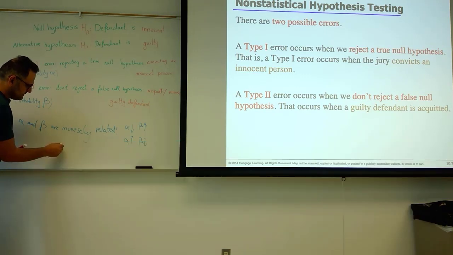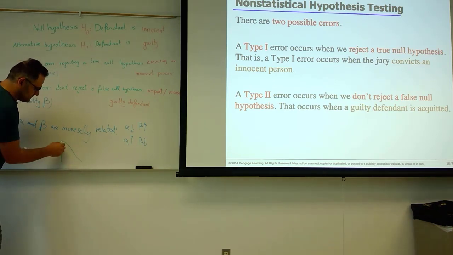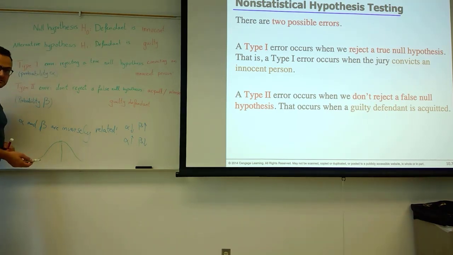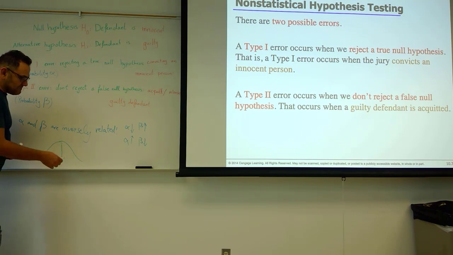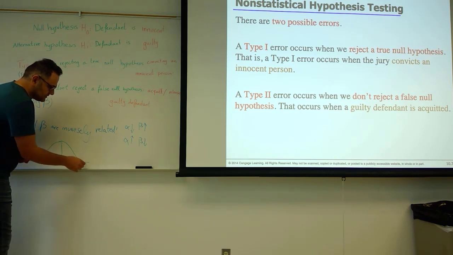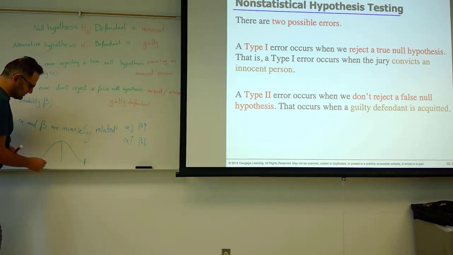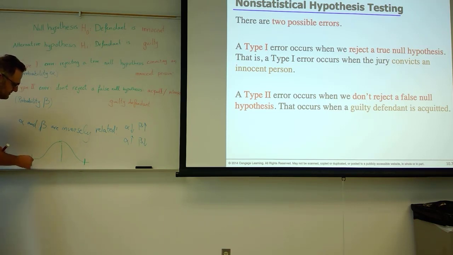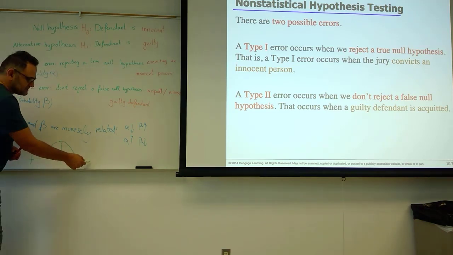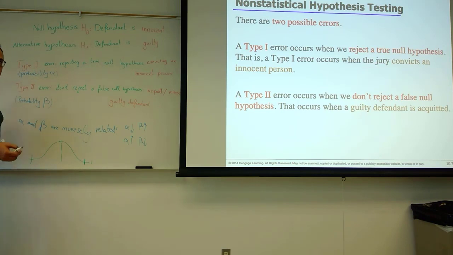Let's say here is the mean of our population, and the population is normally distributed, and we take a sample, and our sample can end up being pretty extreme to the right or pretty extreme to the left, and we can get some very extreme value. Chances are not high, but